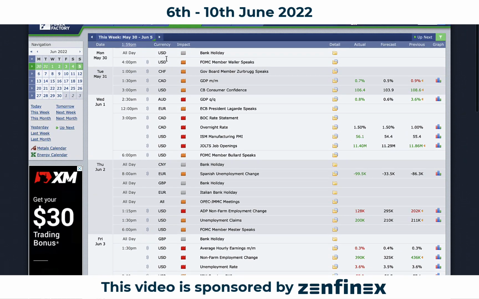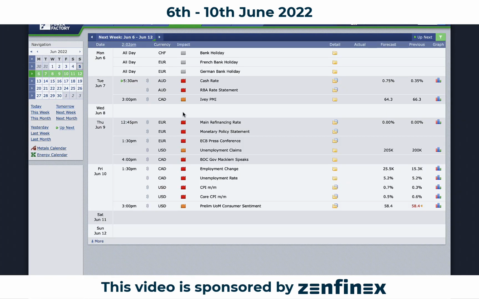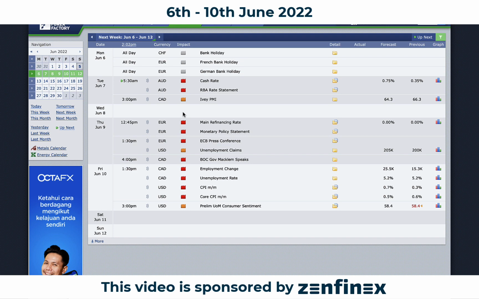Now going into this week here, overall it's a relatively shorter week because on Monday we do have a couple of holidays, right? So the market is going to be lightly quiet, and we're going to kickstart the week with the RBA coming in on Tuesday. Okay, and you can see here analysts are expecting a raise to 0.75, so do keep an eye on the Aussie if you're trading on that.